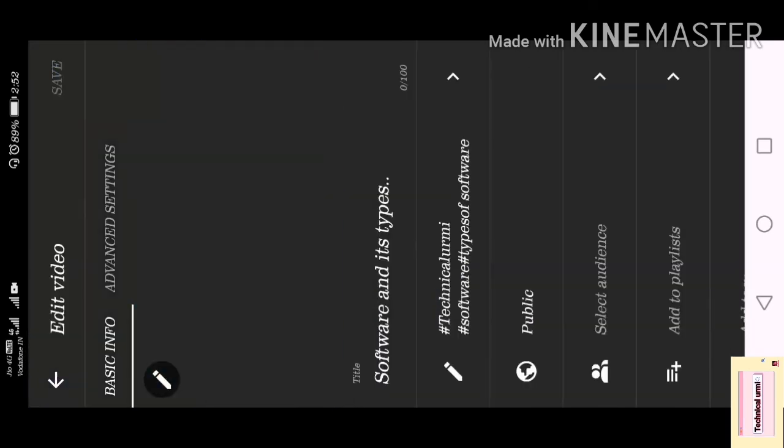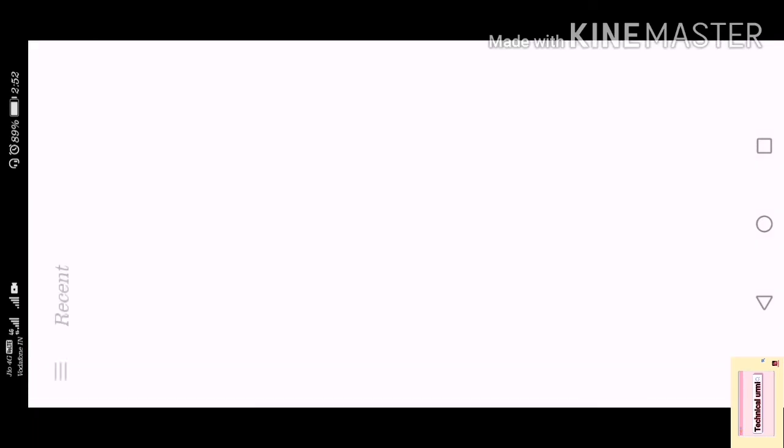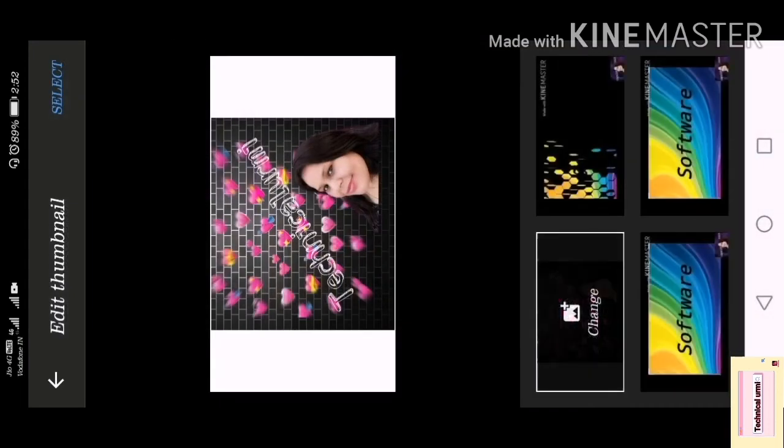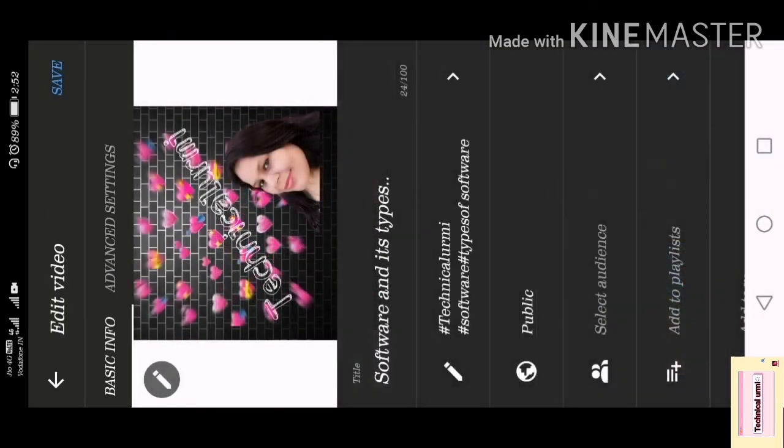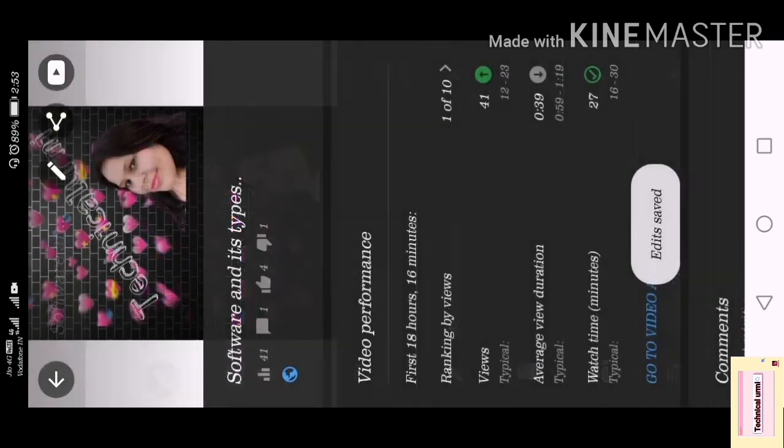Now you can see this option is here. When I click on this option, now click here, click change and select this picture, and now you can see this picture here. If you want to save, save it, and now you can see it here.